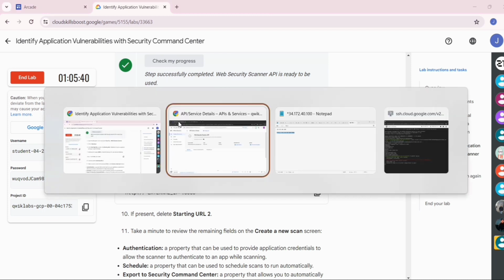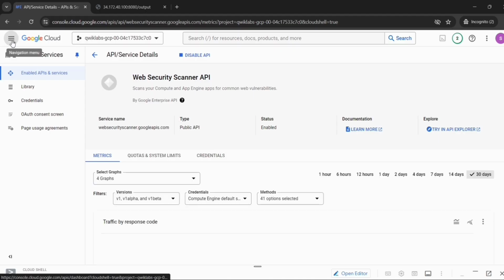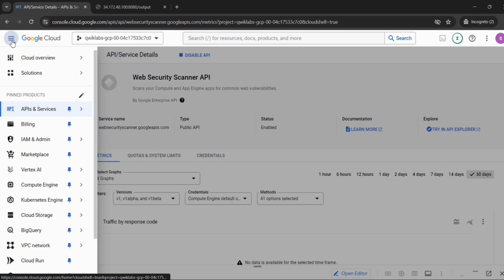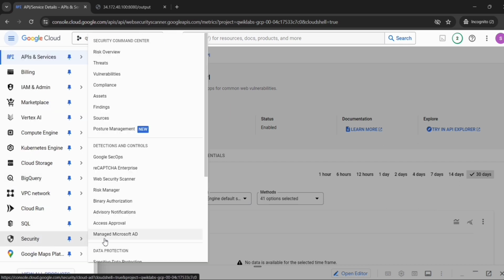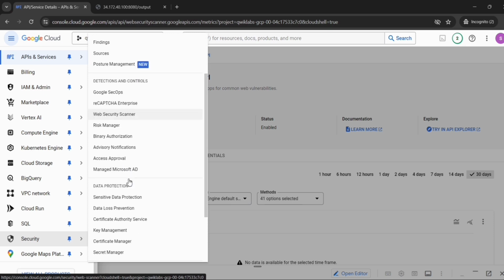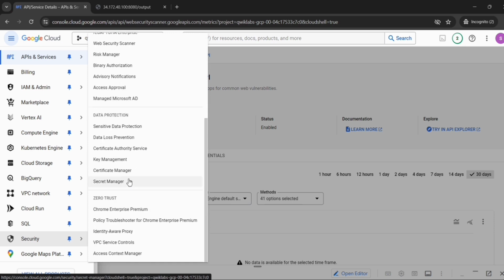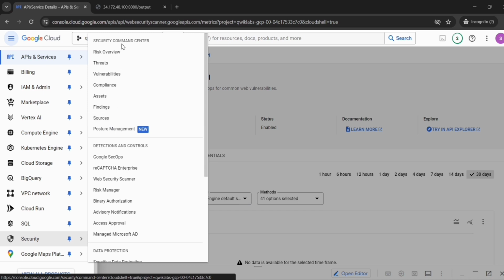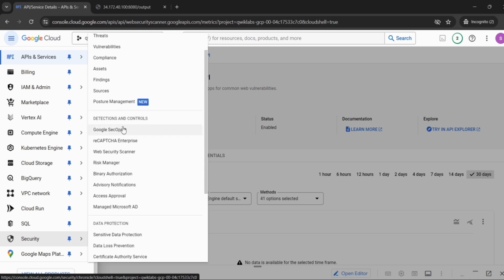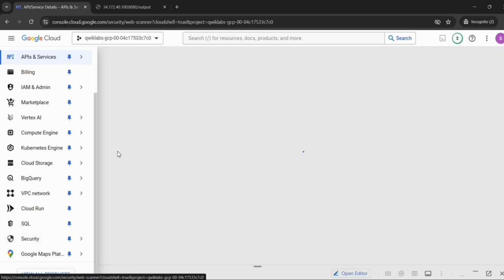Now go to the navigation menu. Now go to Security and then Web Security Scanner. Now here you can see the option for Web Security Scanner. Click on it.